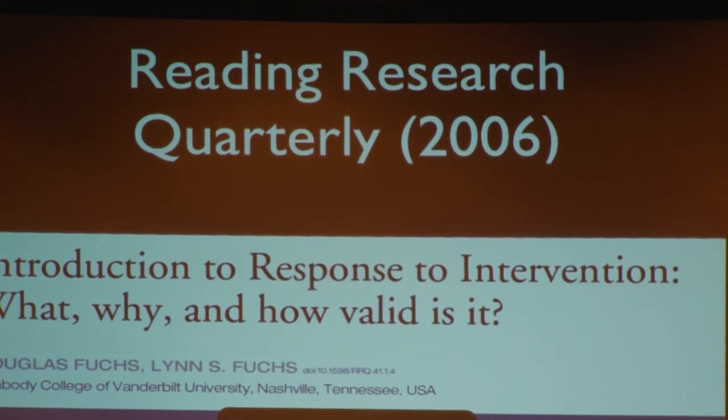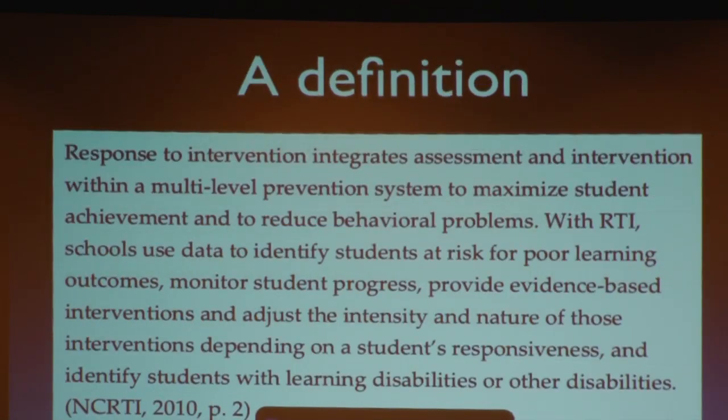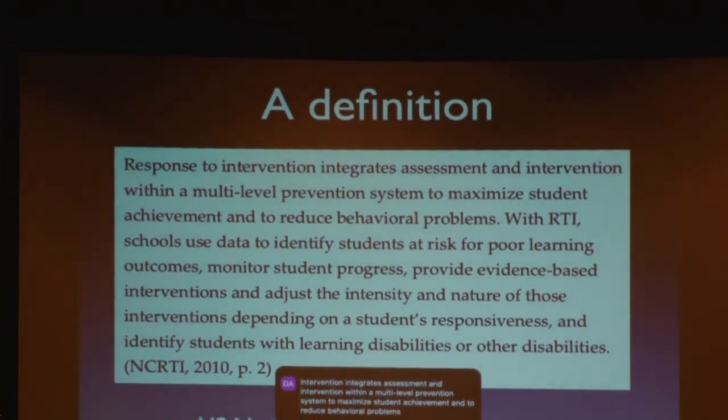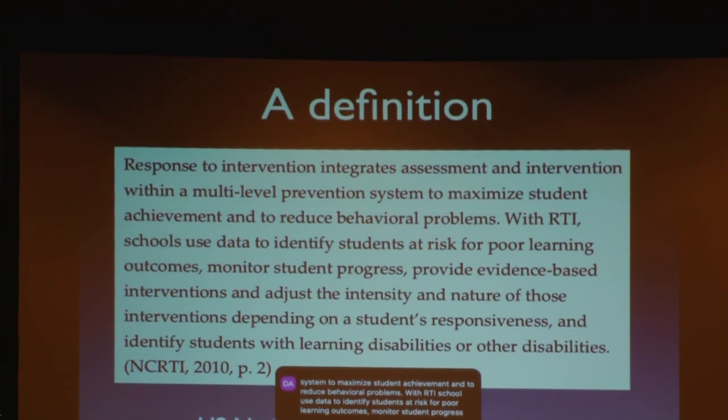And there's this beautiful article by Douglas Fuchs and Lynn Fuchs, which is called Introduction to RTI: What, Why, and How Valid Is It? And in which they say that response to intervention integrates assessment and intervention within a multi-level prevention system to maximize student achievement and to reduce behavioral problems. With RTI, schools use data to identify students at risk for poor learning outcomes, monitor student progress, provide evidence-based interventions, and adjust the intensity and nature of those interventions depending on a student's responsiveness, and identify students with learning disabilities